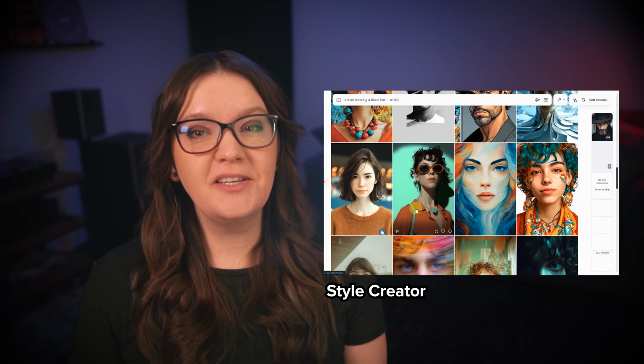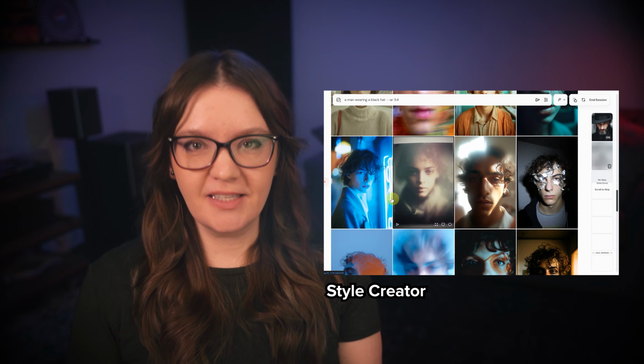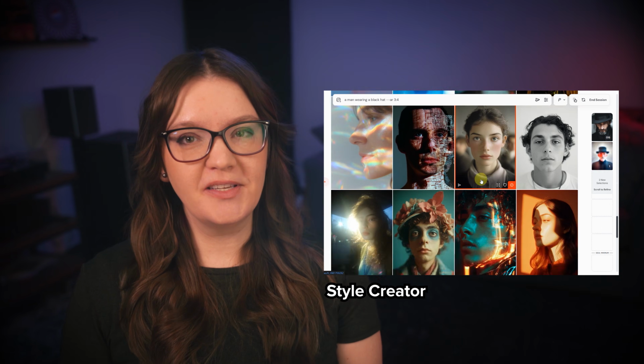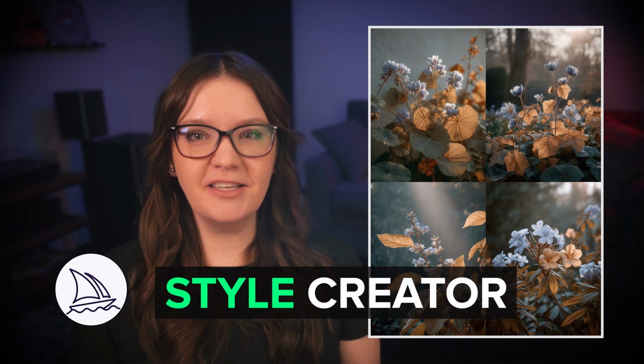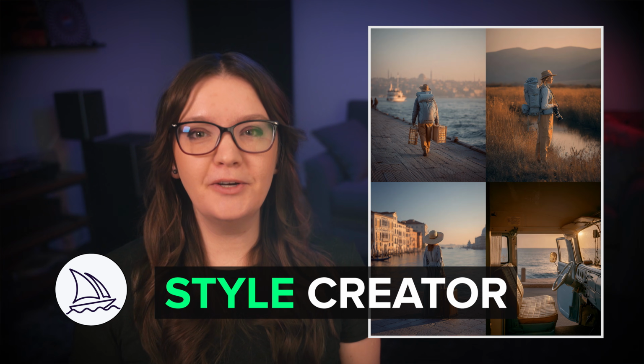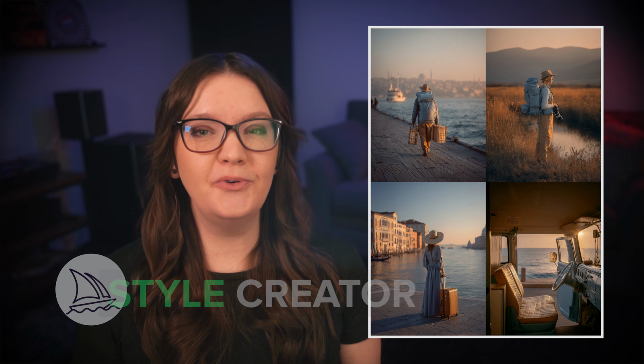Midjourney Style Creator is a tool that helps you create a custom style. You pick images with characteristics you like, and through multiple rounds of refinement, Midjourney will create a custom style that you can reuse in future prompts. Today, I've got a full demo of the Style Creator, plus tips covering different approaches from exploratory to creating very